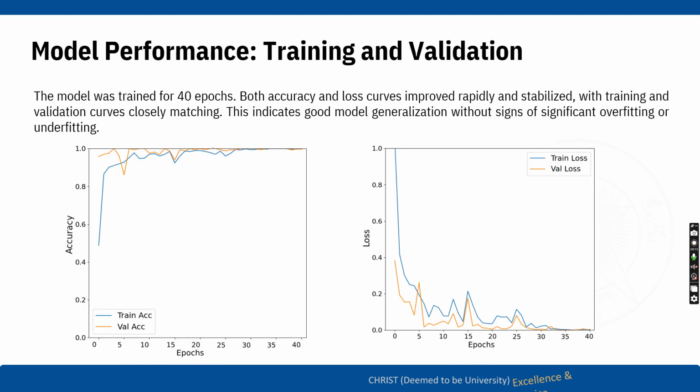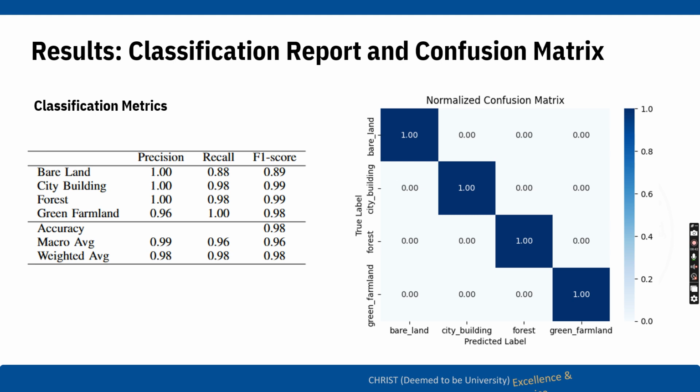Now the model performance can be seen by the training accuracy and training loss, along with the validation accuracy and validation loss. We can see in both plots that after almost 32 epochs, the accuracy achieves its highest value and the loss reduces to the minimum. That confirms that the model is not showing any signs of overfitting or underfitting, and the model will work well with the evaluation of the images.